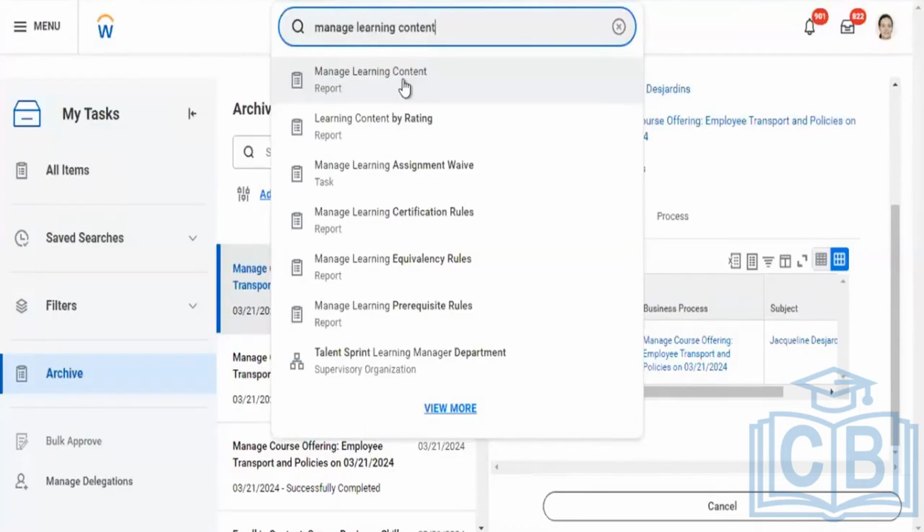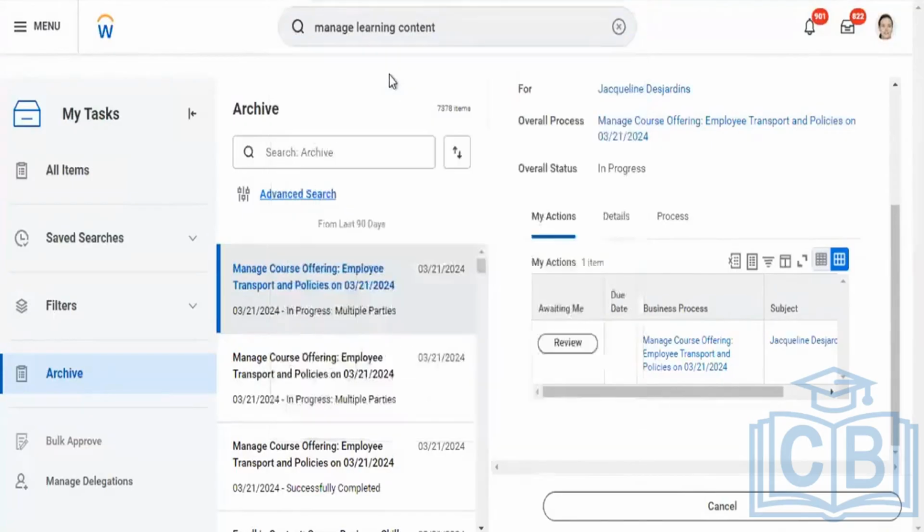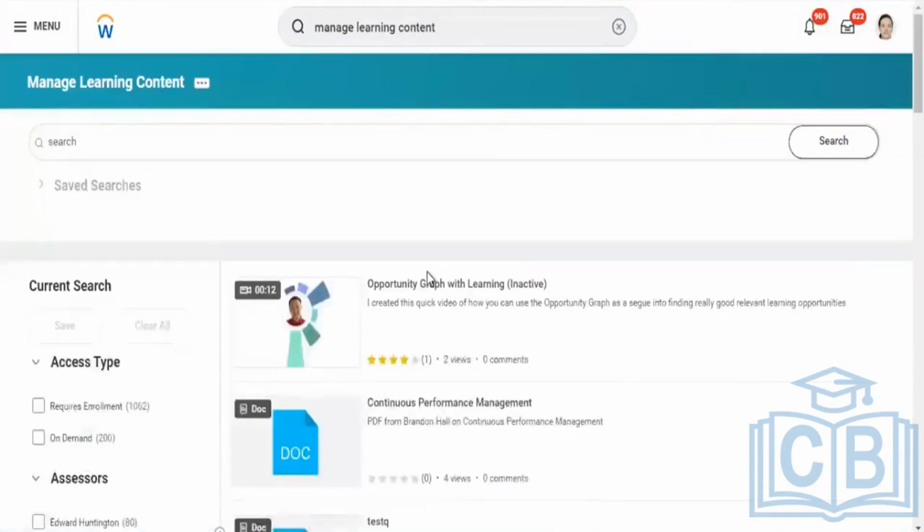You check. From this content, you can also set some kind of expiry dates.